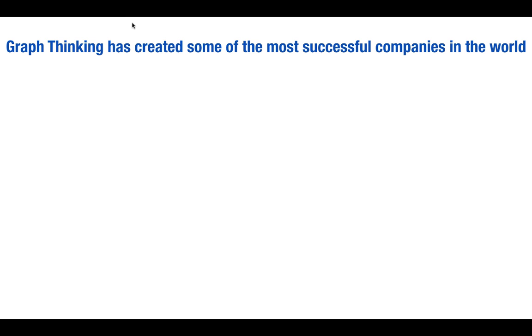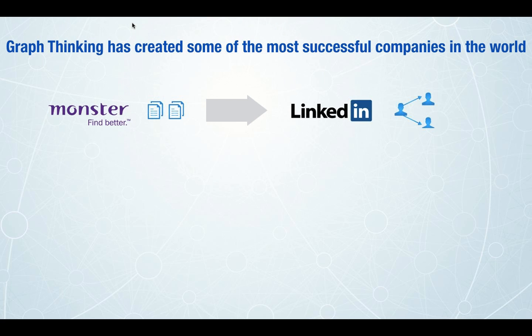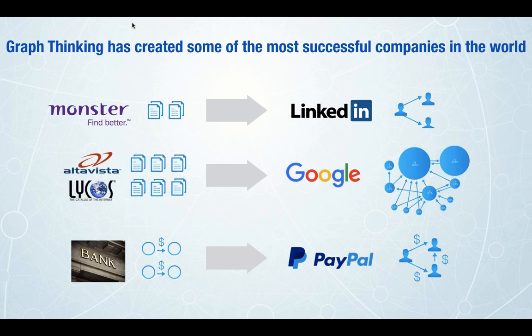So why is it really important? Of course, this comes back around to graph thinking: thinking about relationships and patterns in the relationships, and trying to do pattern matching. This is what graph thinking is all about. Graph thinking has created some of the most successful companies in the world. LinkedIn, for instance,